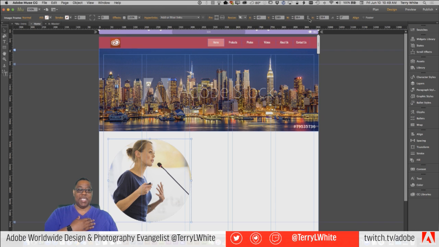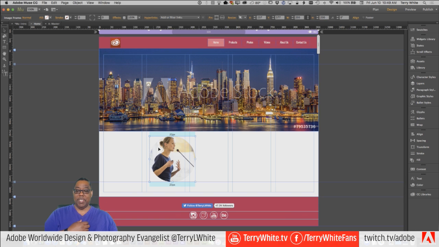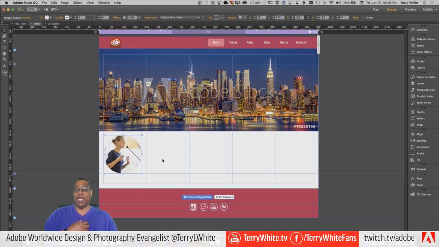You can also scale it down to a specific size. So if I say, hey, I want the width of this to be 200 pixels, I just type in 200 pixels at the top and it will automatically constrain the height to whatever it is. Since this is a square image, they both end up being 200. I can still pick it up at any given time. I can still move it where I want it to be. I can still continue to scale it. If, for example, I want it between my guides, it will scale.